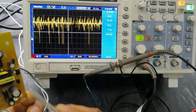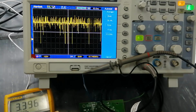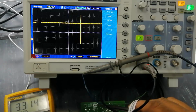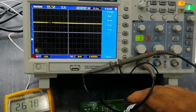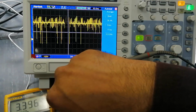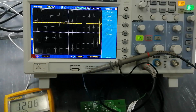So any component shorted in the output portion will cause a problem. I am measuring the 3.3 volt, and if our optocoupler is bad, we will see fluctuation. If the optocoupler is bad, the IC will go into protection, because this time the feedback is missing. If our optocoupler is not working properly, the feedback is missing. At that time, our multimeter gives fluctuation, and we will find fluctuation. Anytime this IC is missing feedback,